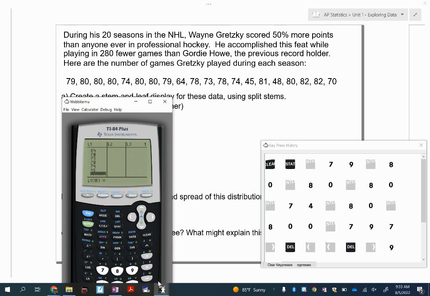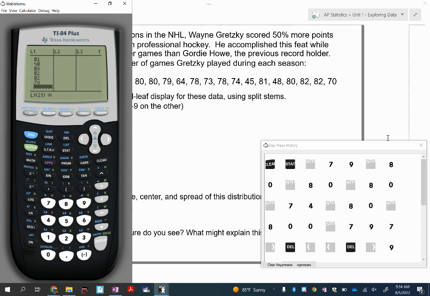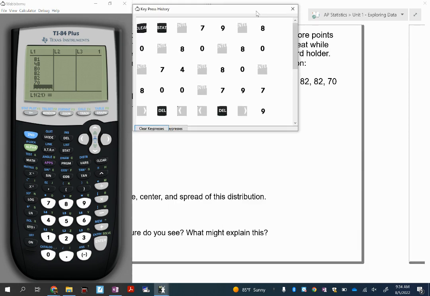45, 81, 48, 80, 82, 2 of them, and then finally 70. Okay, make sure you hit enter on that last one. If you don't, you won't get that last number in there. So we have 20, I know it says 21, but there's no number in my 21st spot. So I have 20 in here, which is what I wanted for my number of seasons he played in the